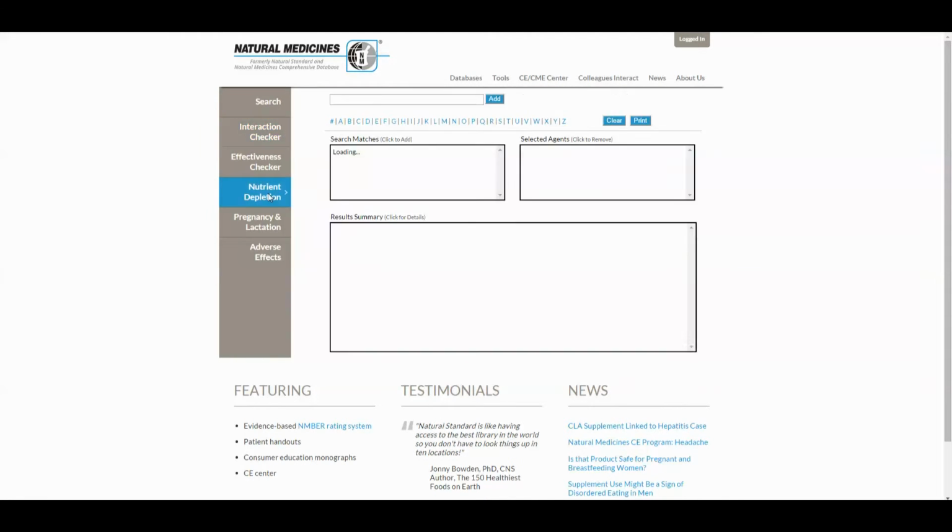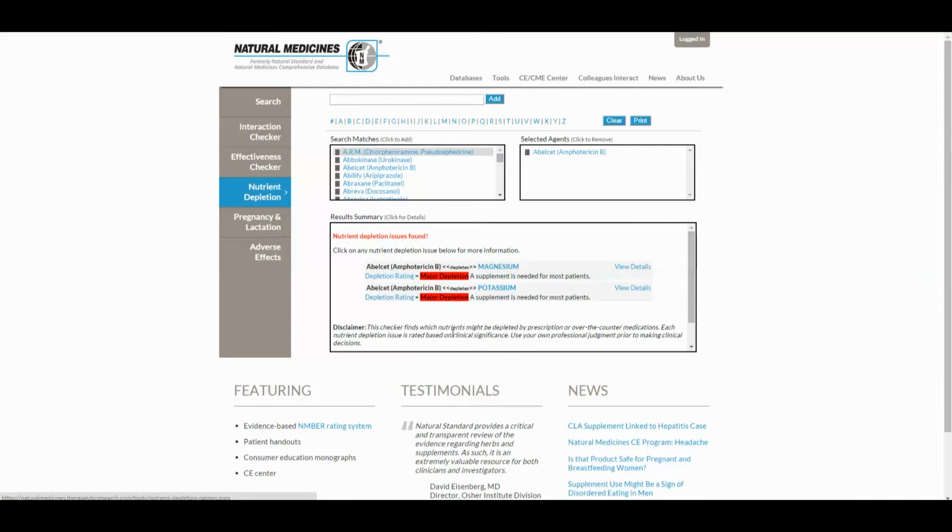Similarly with nutrient depletion, you're going to choose nutrients, drugs, and see what they deplete in the body. So let's just choose one they've got here. So majorly depleting magnesium and potassium in the body. So out of interest, let's put